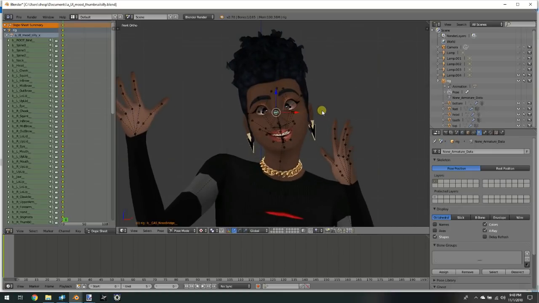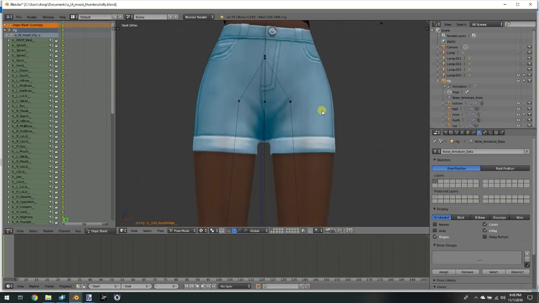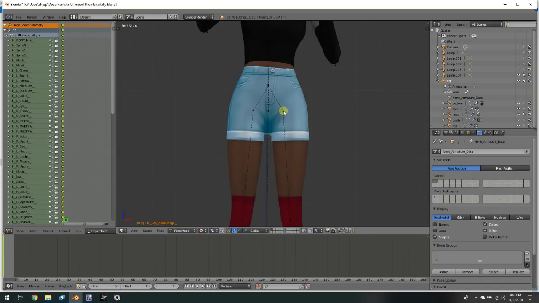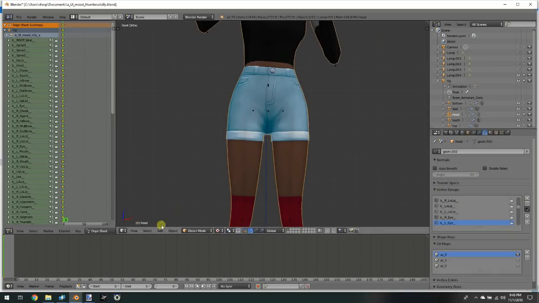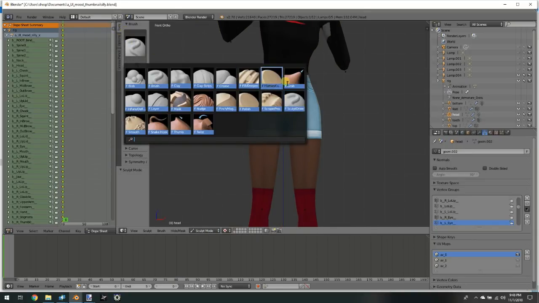And then I'm gonna make her body bigger. So we can go into sculpt. So we're gonna click head because that's for the body. Sculpt, grab,